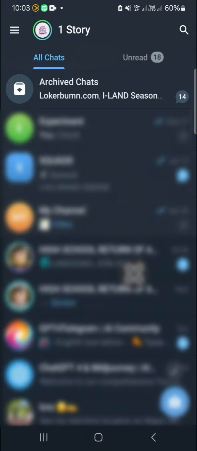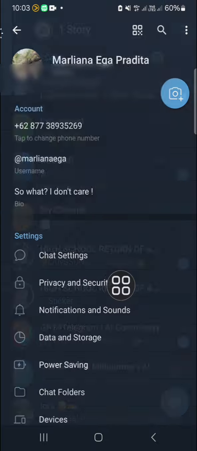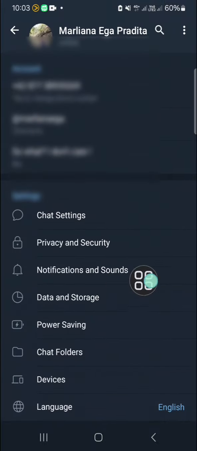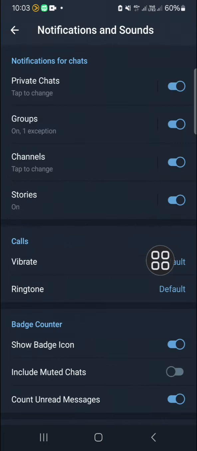And after we have this Telegram application opened, we can go to the Telegram settings. Just click on the three lines on the top left and select Settings. And here we have to select the Notifications and Sounds setting right here. Click on this option, and here, if you want to turn off all notifications from the Telegram channels, you have